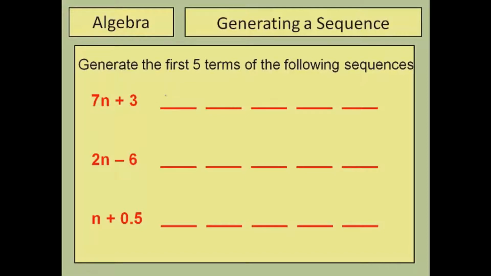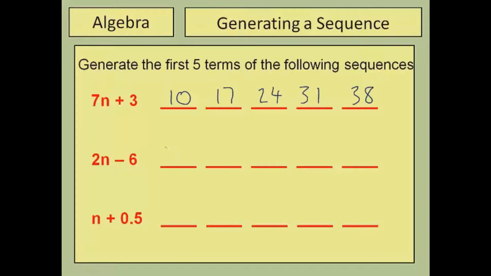Okay, here are the answers then. For this first sequence, the first number is 10, and then 17, 24, 31, and 38. Now I've not done the working out for these, but you may find it easier to write the working out. If it helps you in an exam, of course, do write the working out, because there'll be marks or credit